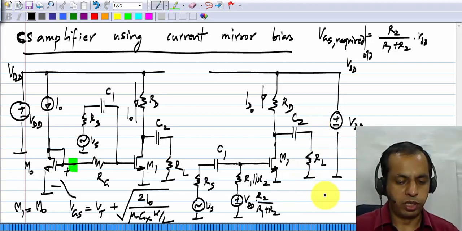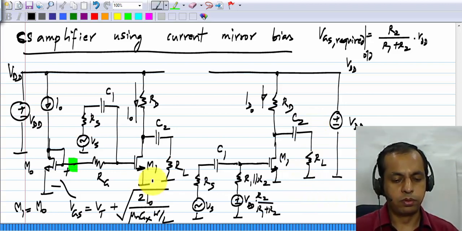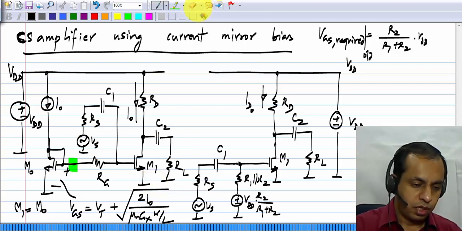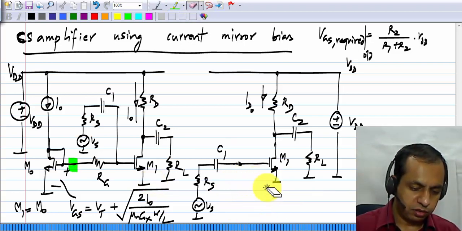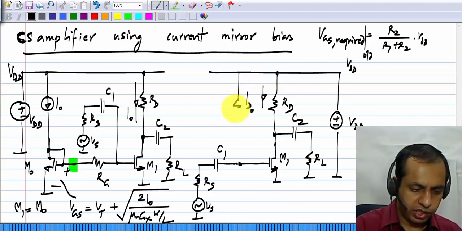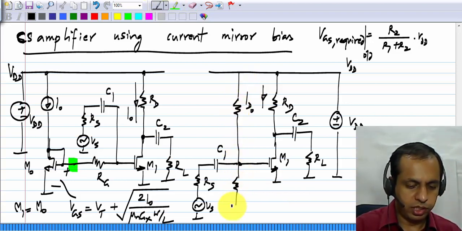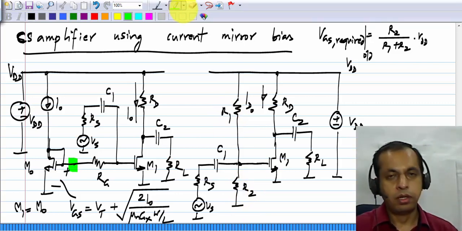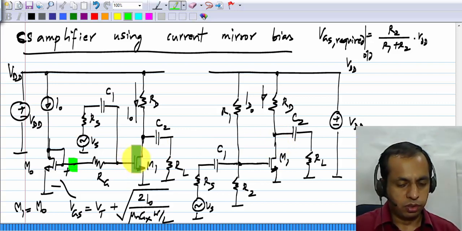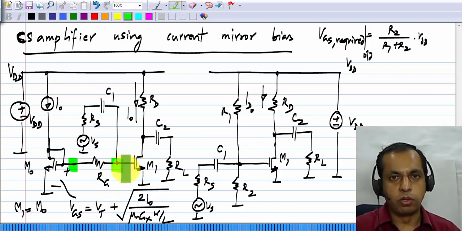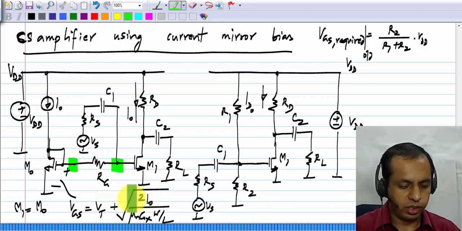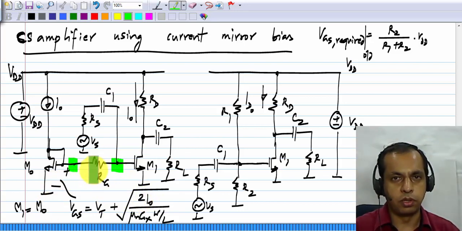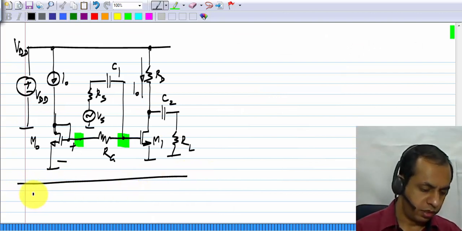So this is what we did with the common source amplifier, and that's what we do now. And of course in the original common source amplifier, the gate bias was derived using a voltage divider. I had shown some representation of that. Now you can see the similarities between these two. The only difference is that this voltage is not constant with respect to transistor parameters. If the threshold voltage increases or the current factor drops, this bias voltage itself increases to compensate for it to some extent. So this circuit is the common source